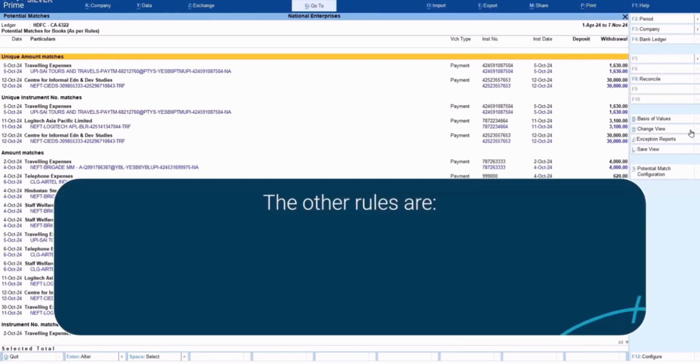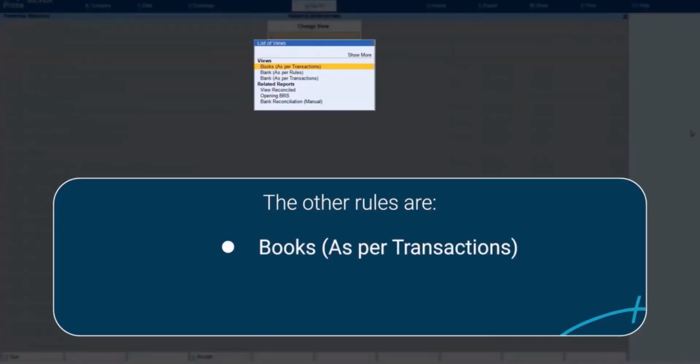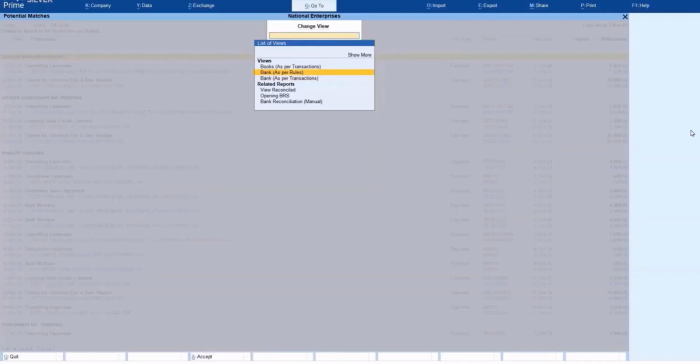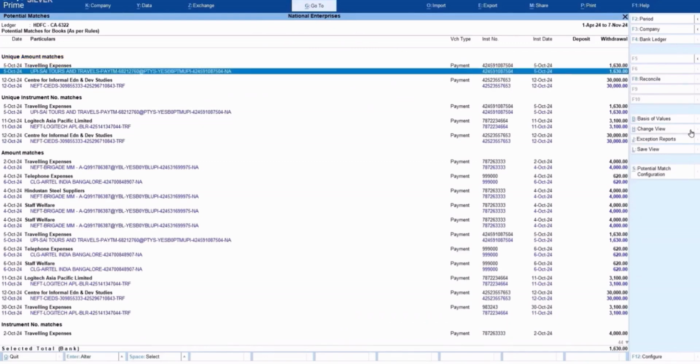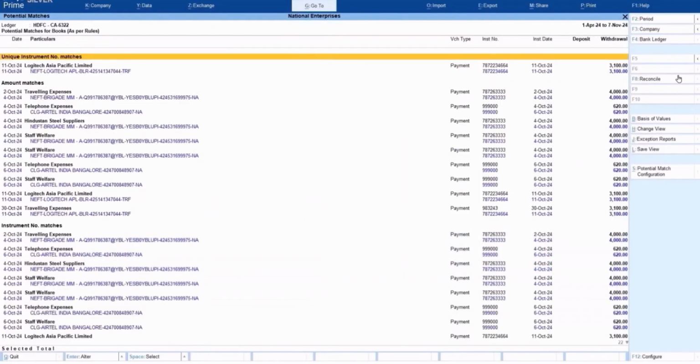Similarly, you can change the view to see the potential match suggestion as books, as per transactions, bank, as per rules, or bank, as per transactions. Select the transactions and press F8 to reconcile.